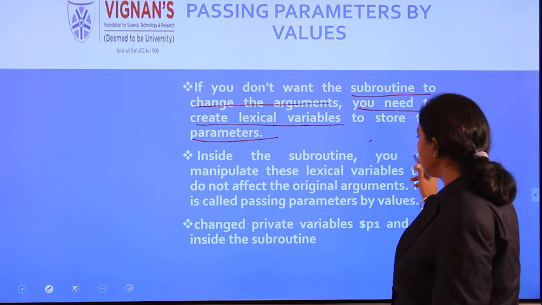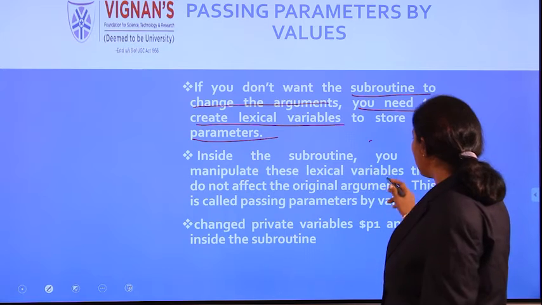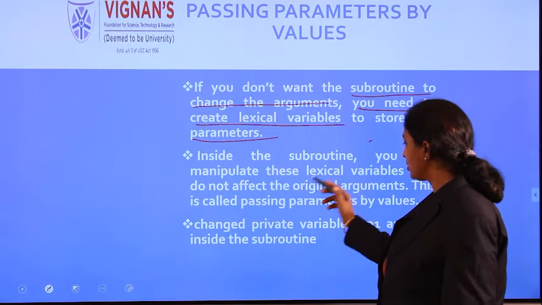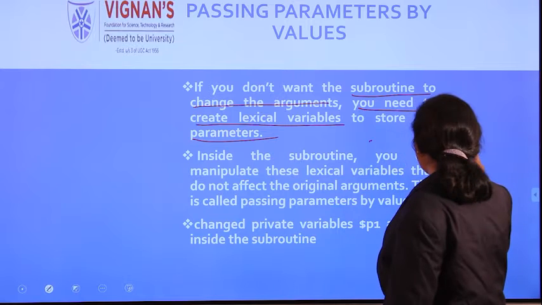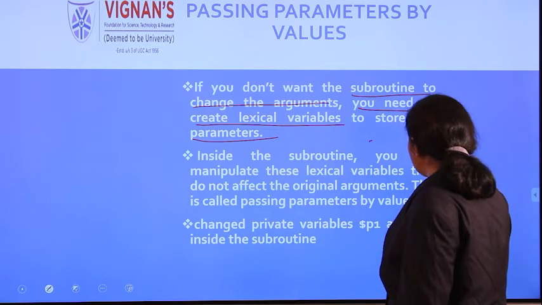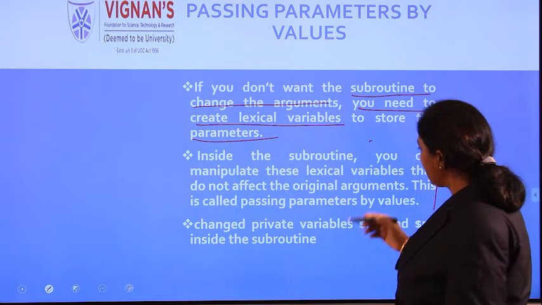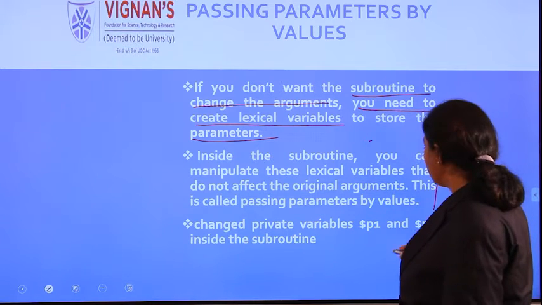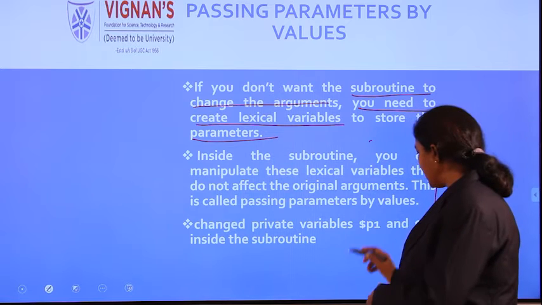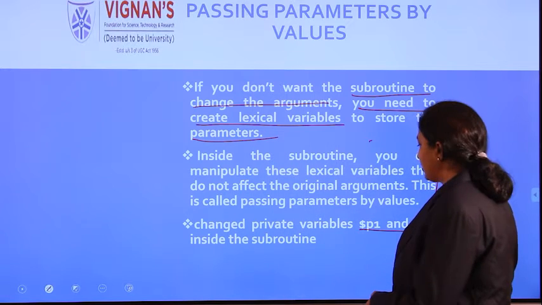Inside the subroutine, you can manipulate these lexical variables, which do not affect the original arguments. This is called passing the parameters by values. So now we will see and understand the private variables. After seeing, you can understand what P1 and P2 are.